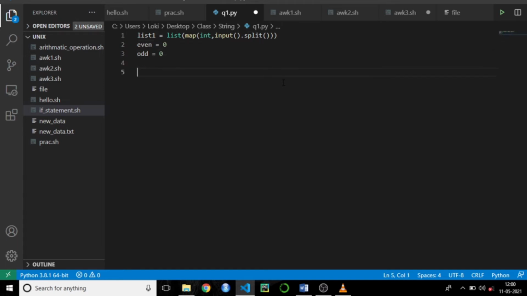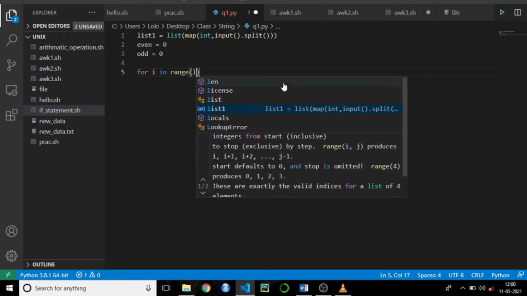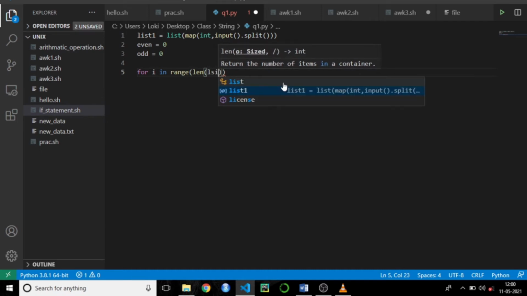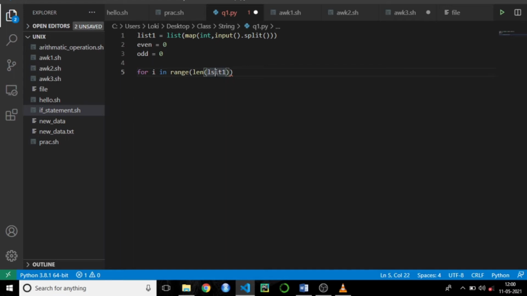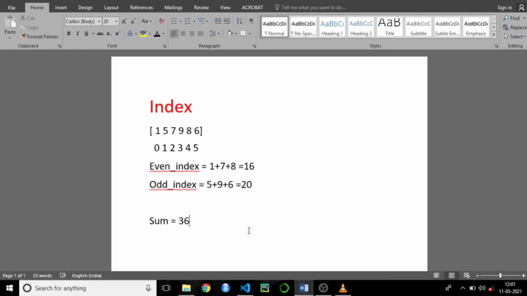After this, the only change in this question is that I am taking a range value in this for loop. I will explain how this range works and why I am taking range here. I will go to Word and explain that range.